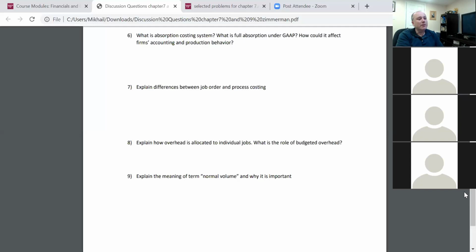So, Professor, in this last chapter, I see there are some problems also regarding the over-absorption and the under-absorption thing. It's a little confusing to me. Do we need to prepare? You don't need to worry about it. I want you to understand what that means, which is what I talked about, that if you have the total,